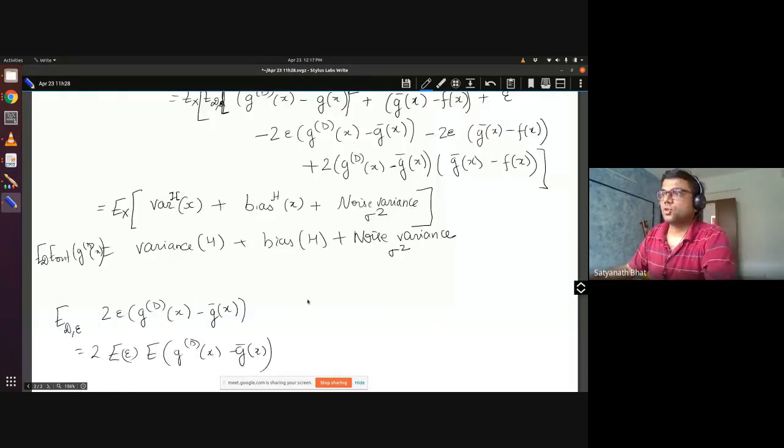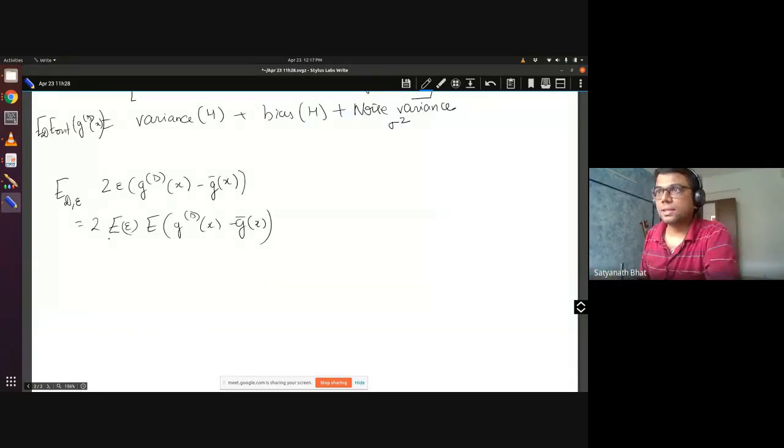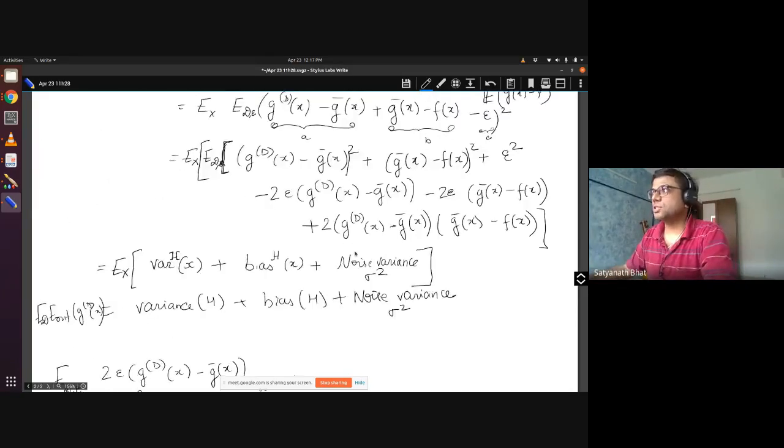Now once we look at this, this term goes to 0, and in this term, this is a constant. When I take the expectation over the data set, this is a constant, and this expectation is also G bar. So the whole term goes to 0. So this is the first term. Please stop me if you're not following any of these steps. Otherwise, I will just continue quickly.